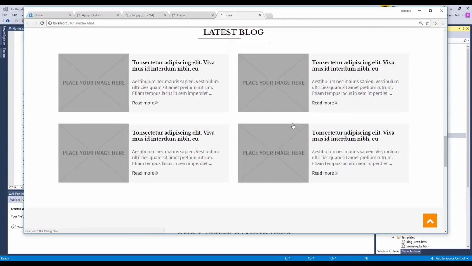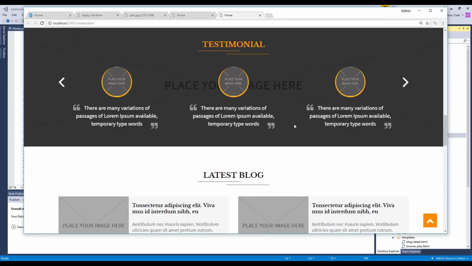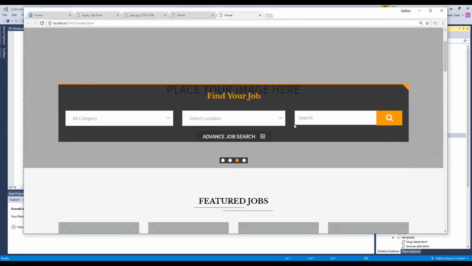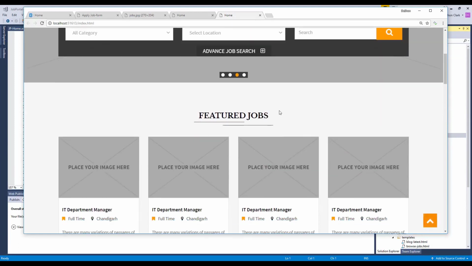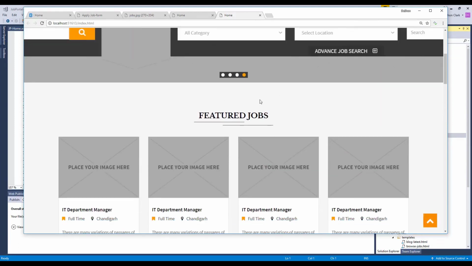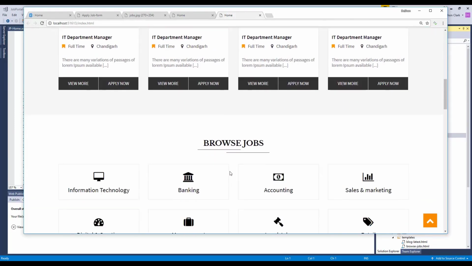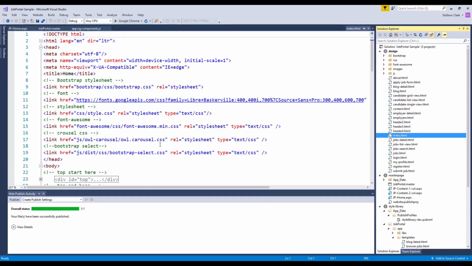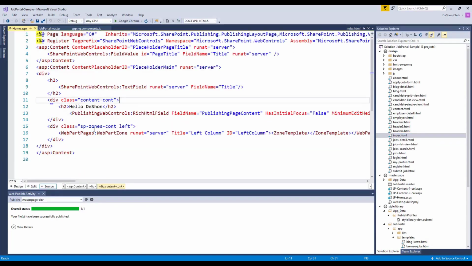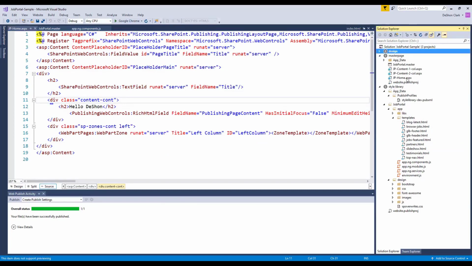So where should we put all that content? Maybe under the carousel, right? So we'll put our slider first, then we'll put all that HTML content in the middle, and then we had dropped in featured jobs, browse jobs, all this other good stuff. Okay, so if we go to our homepage page layout,